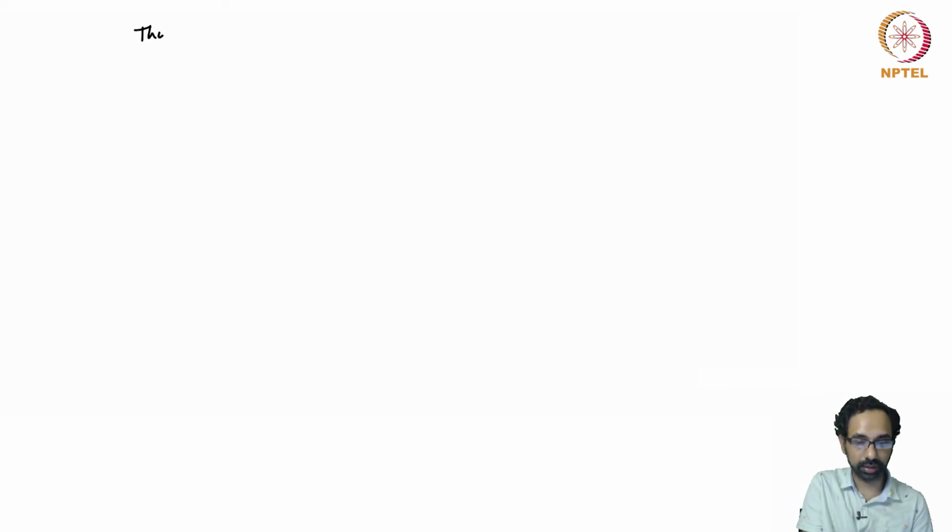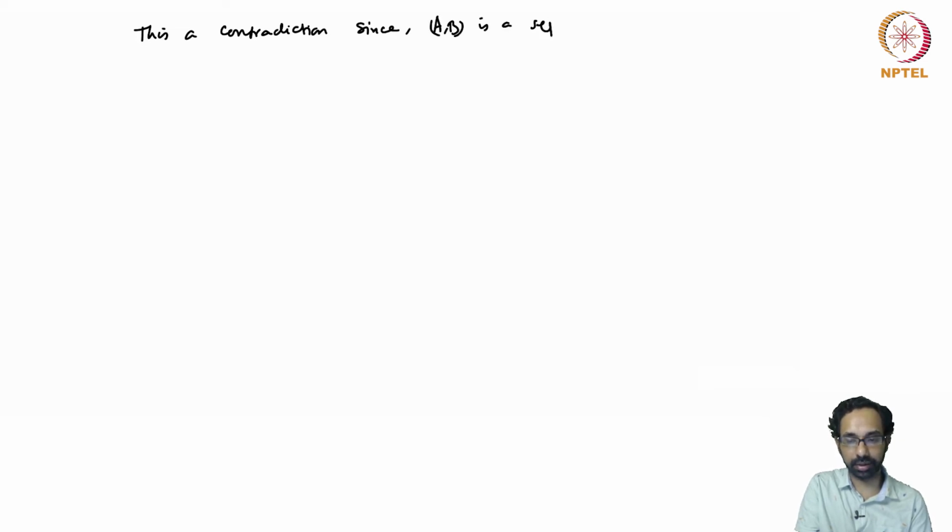So this is a contradiction, since then A, B is a separation of f of X, which is connected